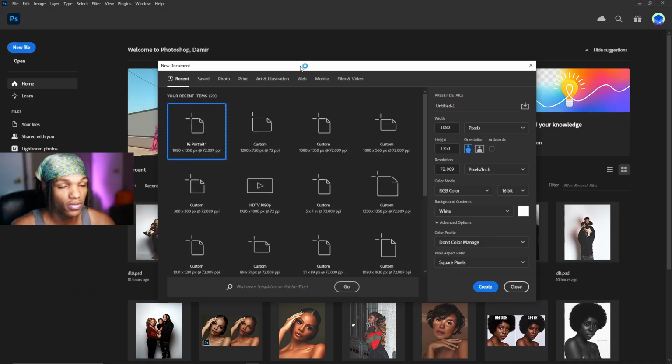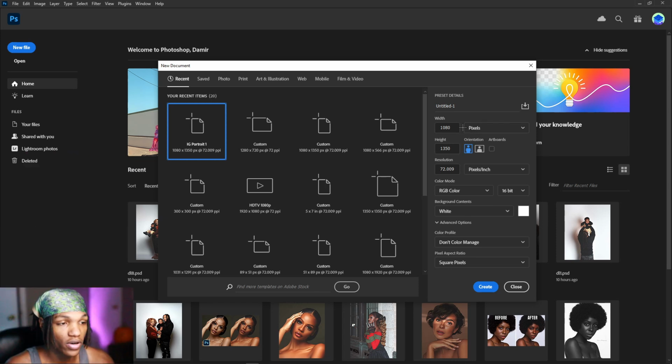Whenever you're doing a photo, you always want to make sure that you're changing the pixels or the dimension of the photo to whatever you're going to be posting the photo on. So if you're on Instagram and you're going to be posting portraits, you want to make sure that the dimension is 1080 by 1350. And if you're doing a landscape, you want to make sure that it's 1080 by 566. In this case, we're going to be doing a 1080 by 1350, and I'm going to do create,